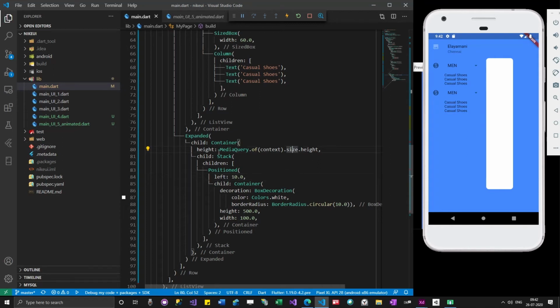Okay, so now after adding media query, you could see that the issue is resolved.